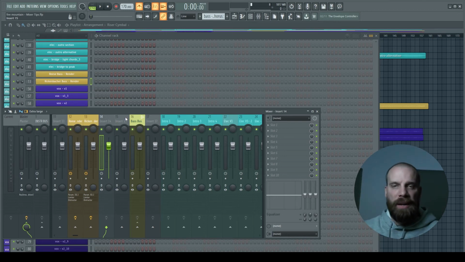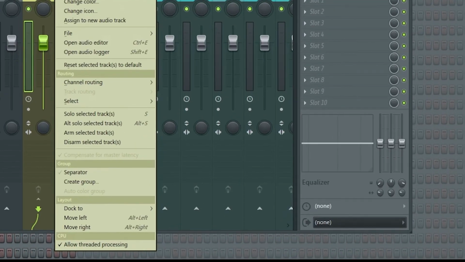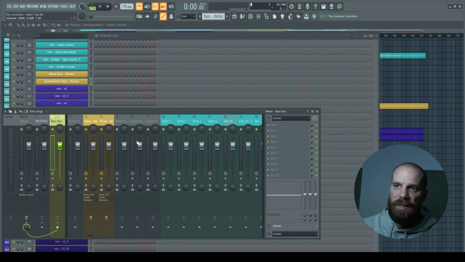And once I've gotten everything routed together, one of the things that I sometimes like to do is to take all of the bus tracks and then dock them over to a certain side of the mixer. So let's say I want to dock this bass track over to the left side of the mixer. So if I right click on it and then I come down here to dock and say left,